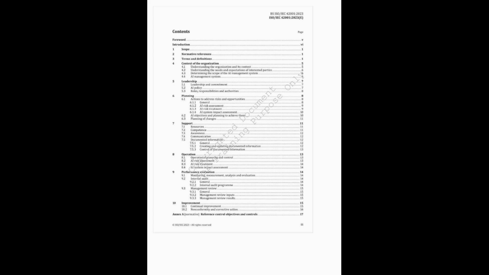Think of us like your instructors for the day, helping you really grasp what this clause means for managing AI responsibly. So first things first, Clause 9.1, monitoring, measurement, analysis, and evaluation. A bit of a mouthful, but super important. Yeah, you got to know what you're tracking and how you're measuring it. It's not just about saying, hey, we're doing AI ethically. You need proof. Right, you need the receipts.